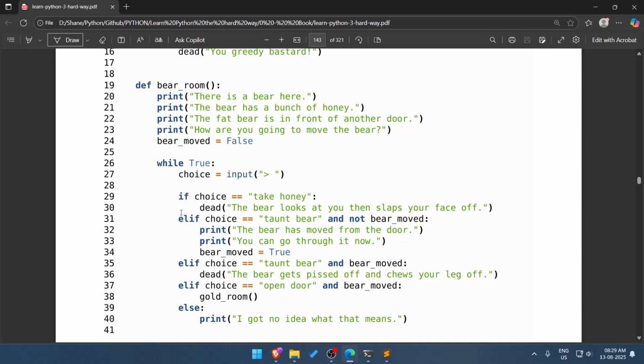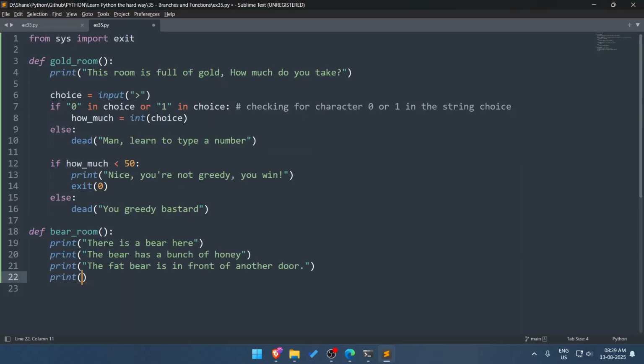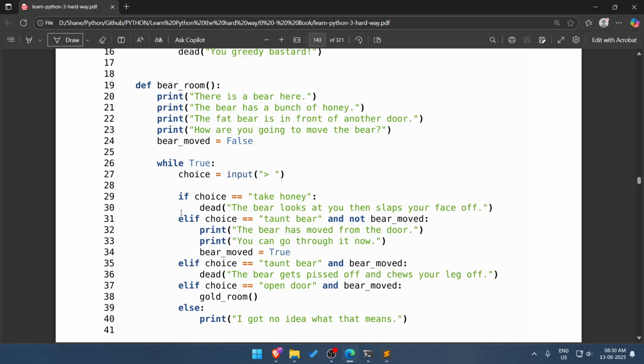Then we have "How are you going to move the bear?" We have bear moved equals false. We have while true, choice input.